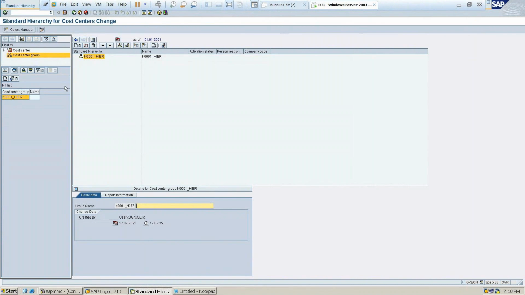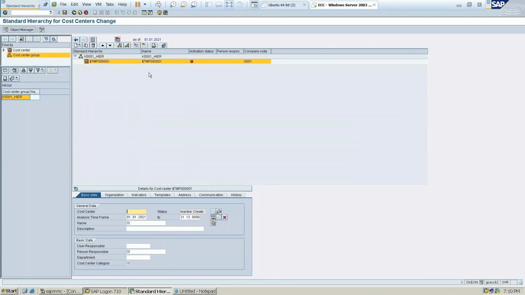So what you do is, if you want to create your own, select this one and create, and you need to create the cost centers. See, one cost center will be created. So here you give the cost center name, department, department A, description if you want, MCC. So center name, then enter. Immediately this center will be created under this department. So department A is created.